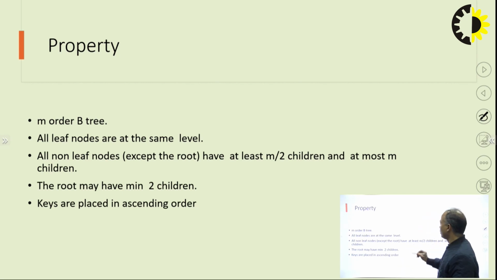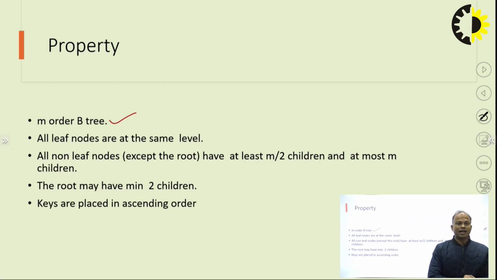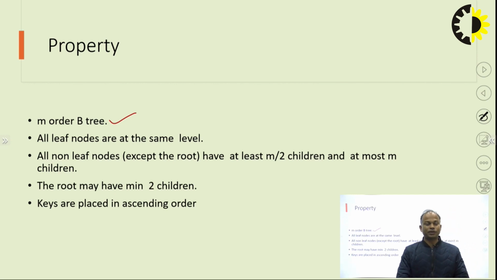So first of all, we are defining the order of the tree as m, and after setting the order of the tree, it has other important properties, just like all leaf nodes are at the same level. So in the B tree, all the leaf nodes are at the same level, and this is a perfectly height balanced tree, because in BST, any node,